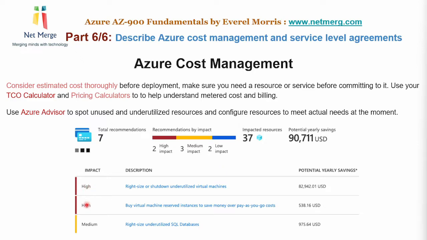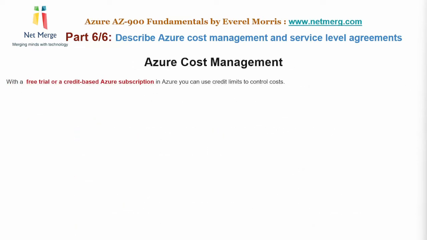It should say high, medium, and low. It's just saying high and medium. Oh, it is right here. There you go. You get the three different tiers. So you have two high impact resources that you could remedy, three a medium impact, and two low impact, and it gives you an overall saving that you would get from those projected figures. So again, this is all about cost management as you do your shift and lift, or your lift and shift